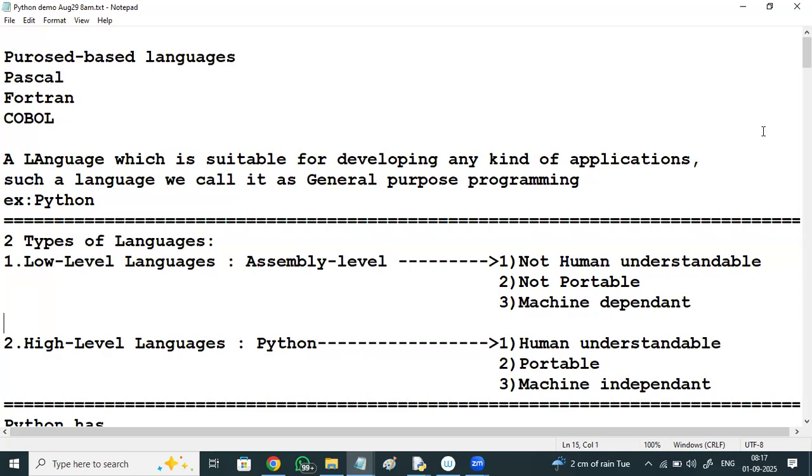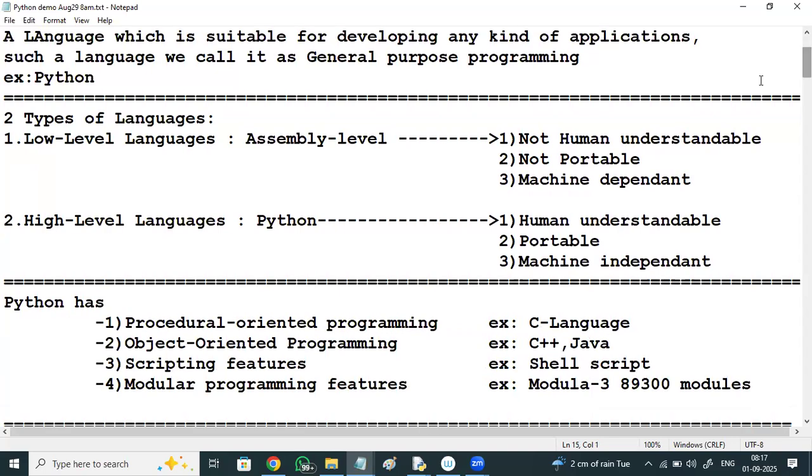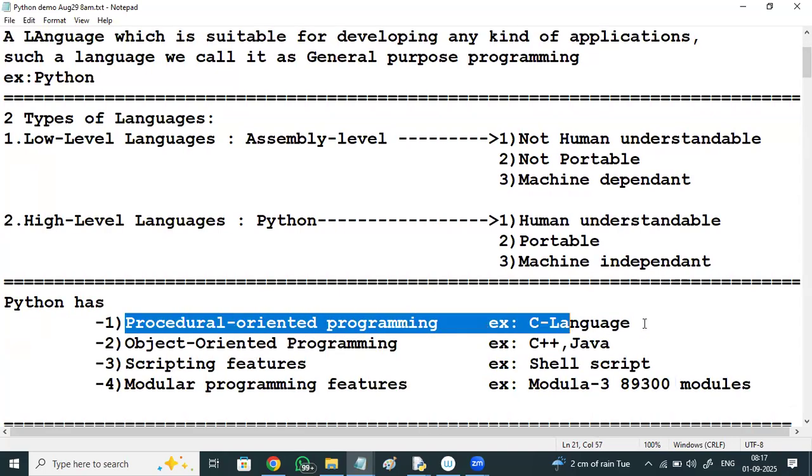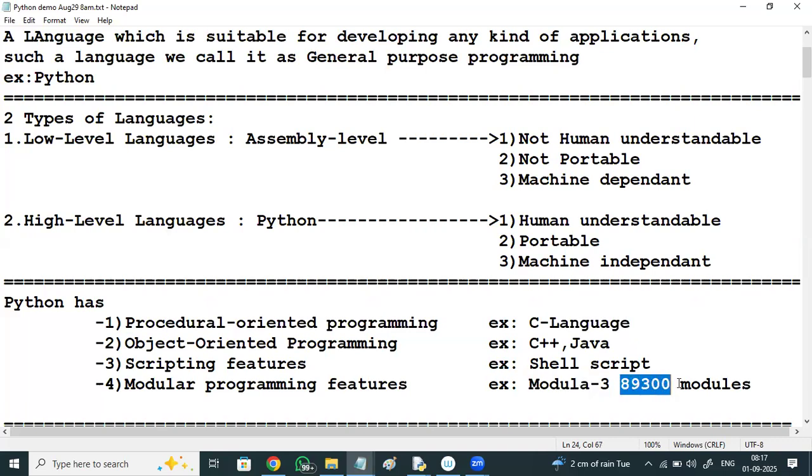Python has got multiple programming features. Procedural oriented programming like C language, we can develop applications just like in C. Object oriented programming like C++ and Java, we can develop applications using Python. Scripting features like shell script. And it has got modular programming features like Modula-3.